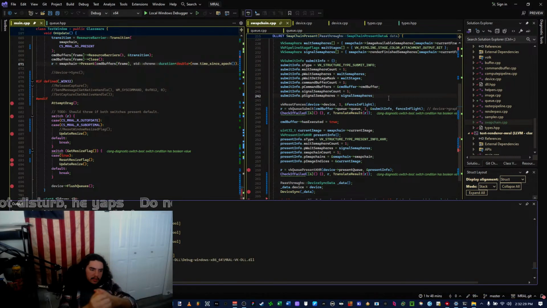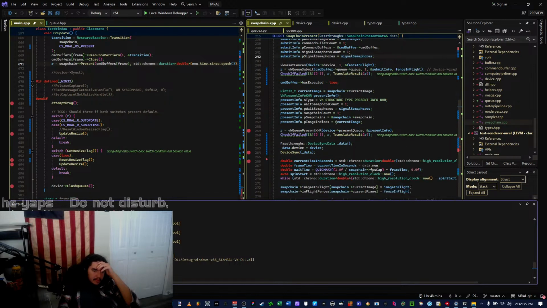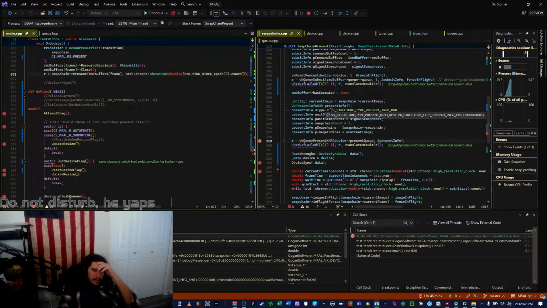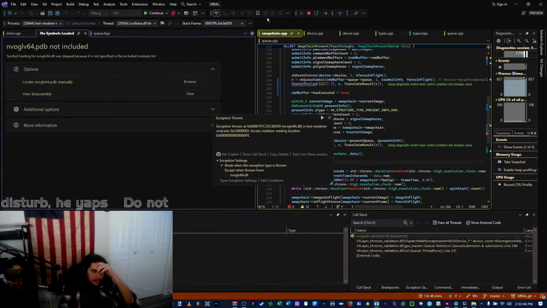Basically what I'm testing is I'm taking this device sync that I'm calling and I'm just putting it inside the present function. So I can see something I did.